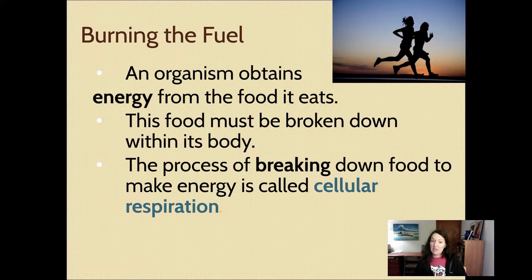This is done in both plants and in animals. It's done in all organisms that use cellular respiration, and it's generally in the presence of oxygen that cellular respiration happens. So you have to have oxygen. It's a very efficient way of taking sugar molecules and breaking them down and then turning them into brain power and movement and all of the different things that we do. So cellular respiration is how we burn the fuel that we got from eating.